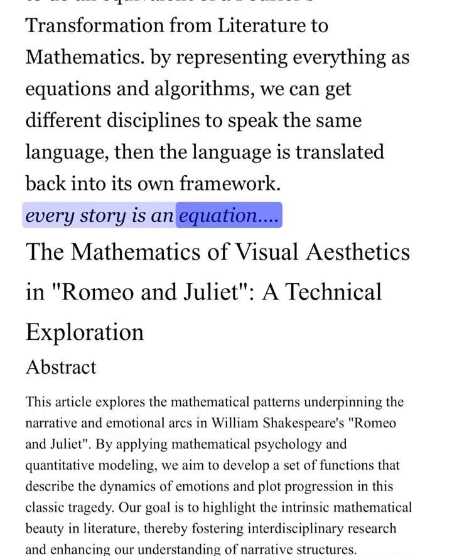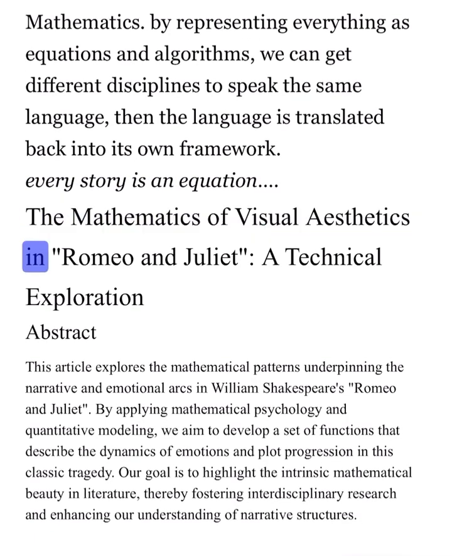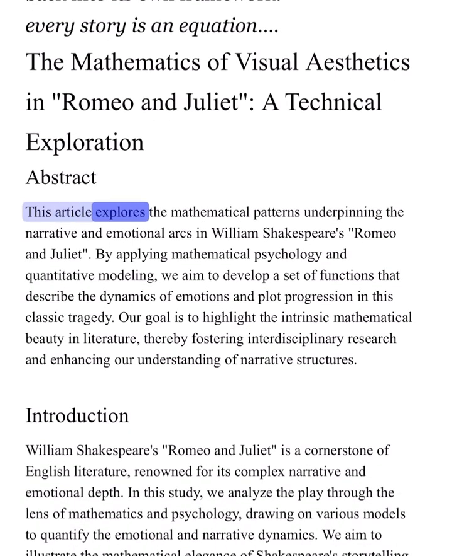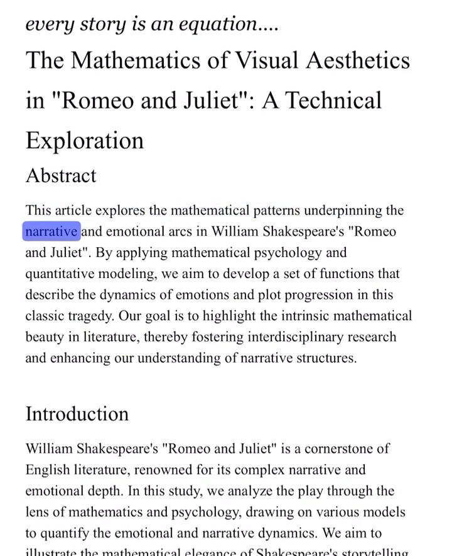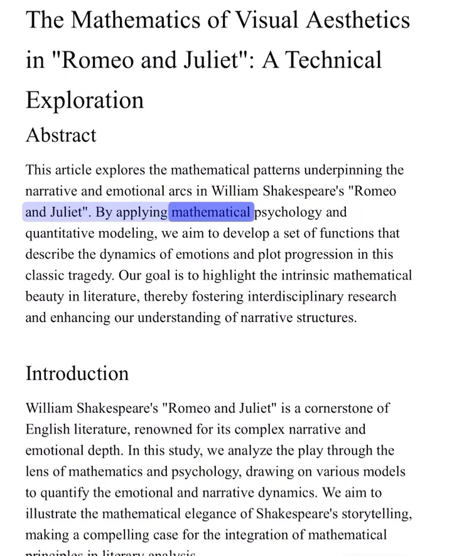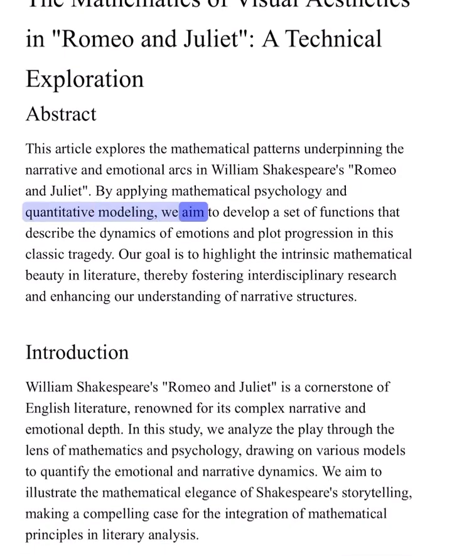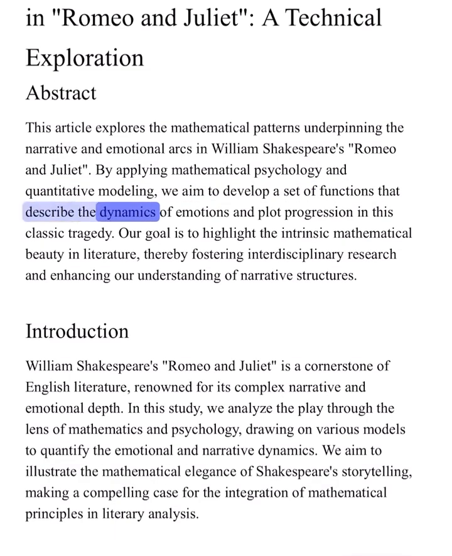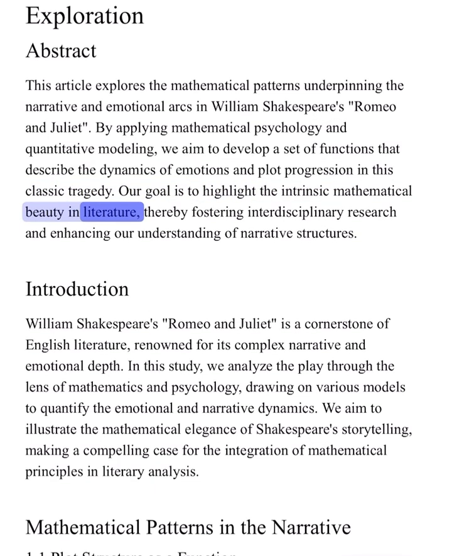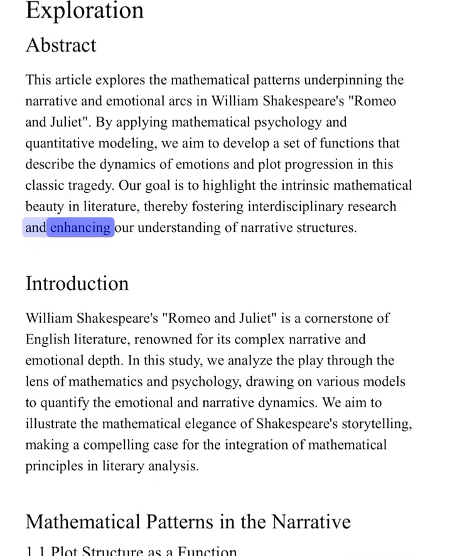Every story is an equation: the mathematics of visual aesthetics in Romeo and Juliet, a technical exploration. Abstract. This article explores the mathematical patterns underpinning the narrative and emotional arcs in William Shakespeare's Romeo and Juliet. By applying mathematical psychology and quantitative modeling, we aim to develop a set of functions that describe the dynamics of emotions and plot progression in this classic tragedy. Our goal is to highlight the intrinsic mathematical beauty in literature, thereby fostering interdisciplinary research and enhancing our understanding of